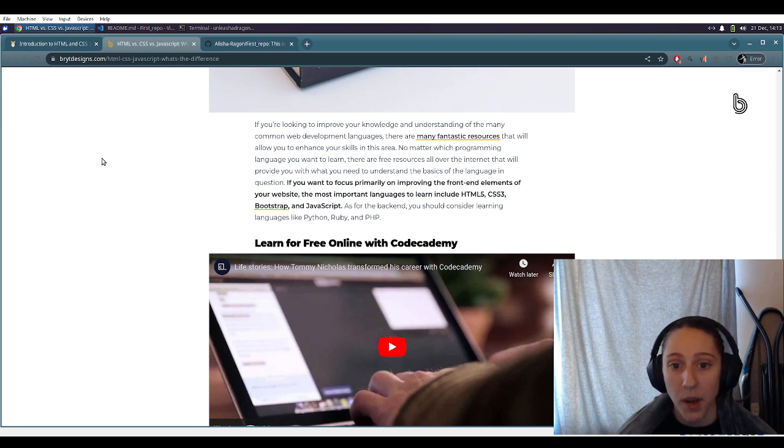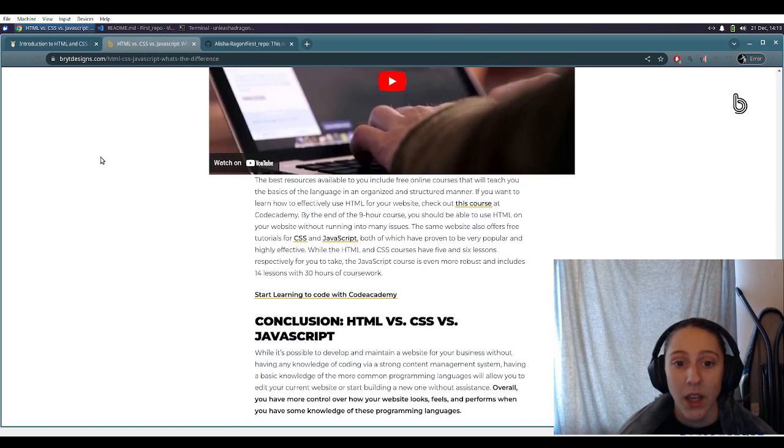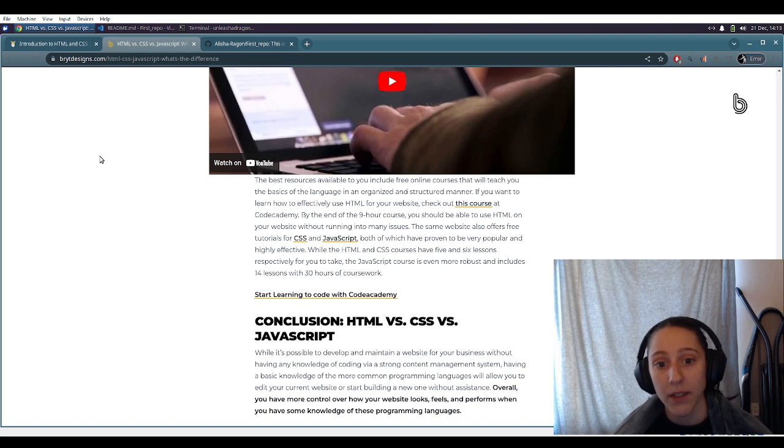If you want to focus primarily on front-end development of a website, use HTML, CSS, Bootstrap, and JavaScript. As for backend, you should consider learning languages like Python, Ruby, and PHP. The best resources available to you include free courses that will teach you the basics of the language in an organized and structured manner. If you want to learn how to effectively use HTML for your website, check out this